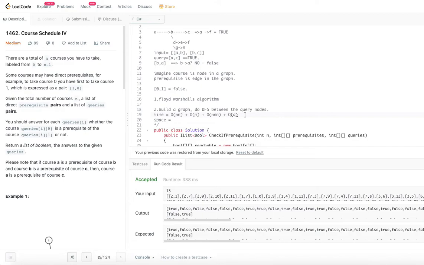So for a given n, assuming q is less than n cube, then the maximum time complexity is going to be order of n cube, because Floyd-Warshall is order of n cube. We are trying to find the paths between all the possible nodes. If you have n nodes, you are trying to see if there is a path from any node to any node. That's why the Floyd-Warshall algorithm is going to take order of n cube time. So you could simply say the time complexity for this algorithm will be order of n cube, but it